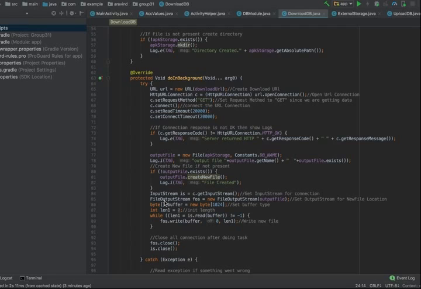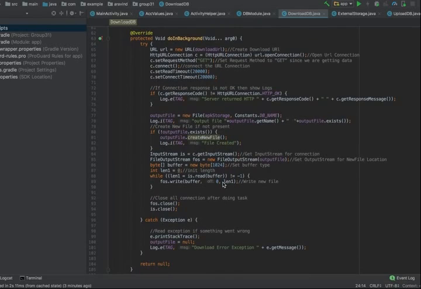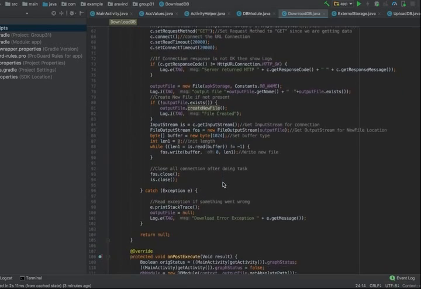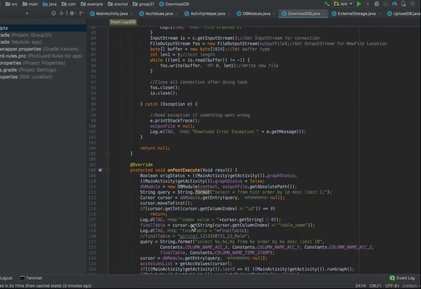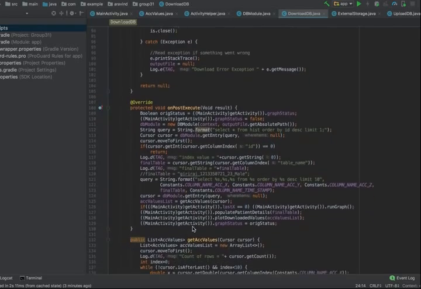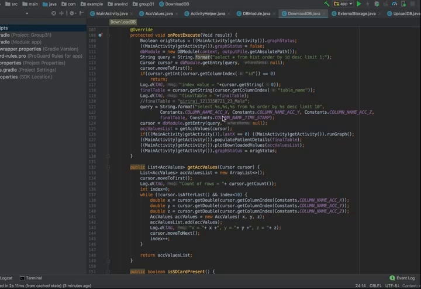Here we will get the last modified table from the downloaded DB by taking the last entry of the hist table. A check is made if the downloaded DB is empty, then return. Else, from the last edited table, get the last 10 entries and plot them on the graph using the plot downloaded values method of the main class, and also call the populate patient details method to fill the patient details from the downloaded DB on